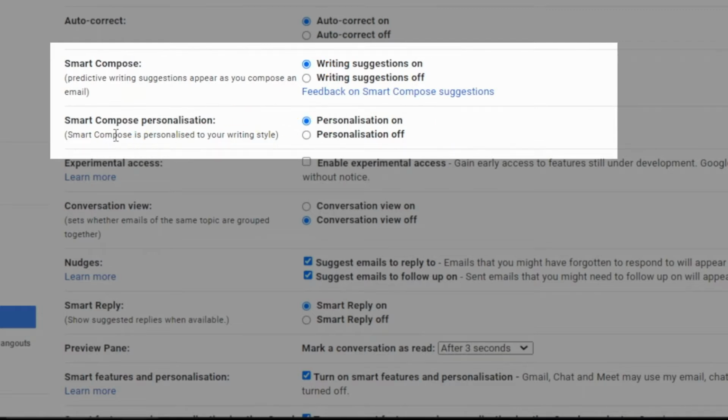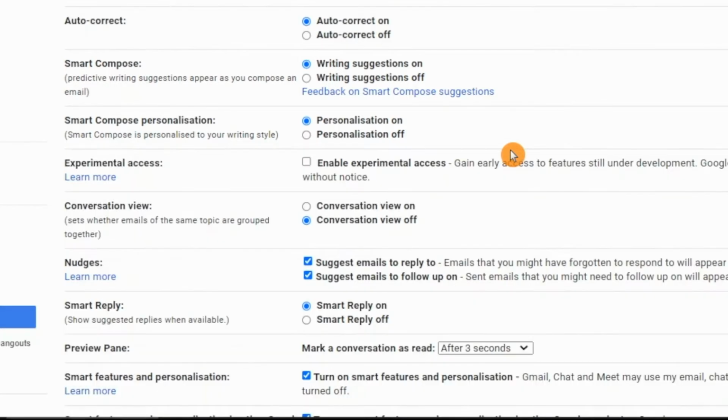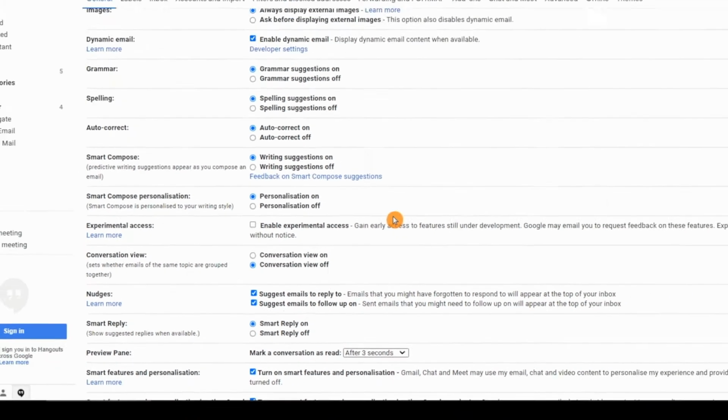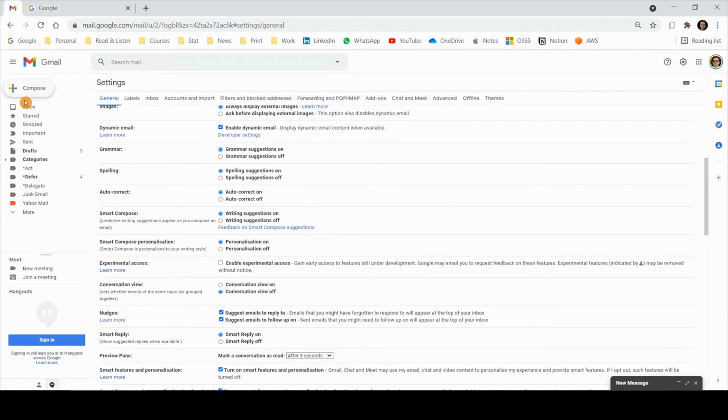The second one is Smart Compose personalization. That depends on how you write your email. Based on your writing style, Google will suggest in a similar way. Maybe in an email, generally you address with hi or hey or maybe hello. So it will learn that particular pattern and suggest in a similar way. Maybe whenever you are ending an email, you write regards or maybe with love or whatever it is. So it will learn those patterns. It's not only about the start or the end of the email. In the body of the email also, it will suggest in the similar way you write your emails. So this will be very, very helpful, Smart Compose. Let me go back to my inbox.